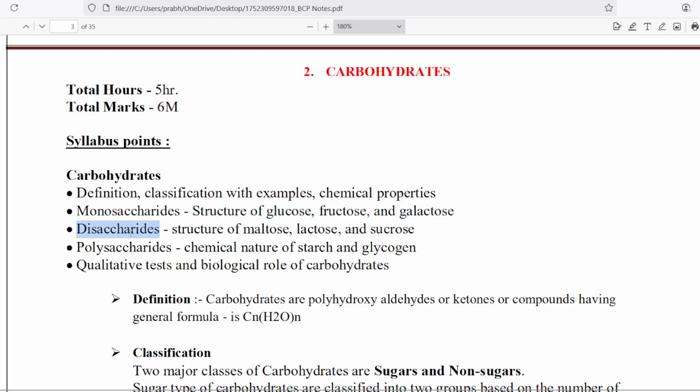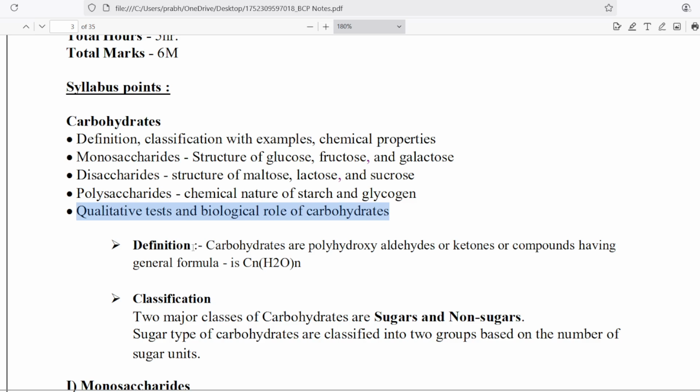Then next is the disaccharide. In this, we study structure of maltose, lactose and sucrose. Then next is polysaccharide. In polysaccharide, we study chemical nature of starch and glycogen. Then next and last point of the syllabus is qualitative test and biological role of the carbohydrates. So first, we start with the definition of the carbohydrates. Carbohydrates are polyhydroxyaldehyde or ketones, or compounds having general formula